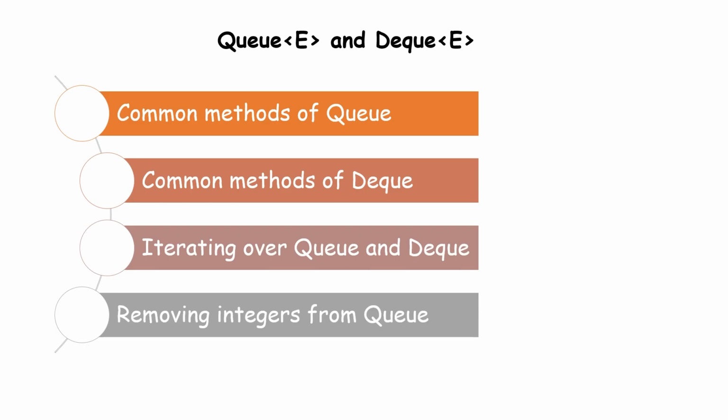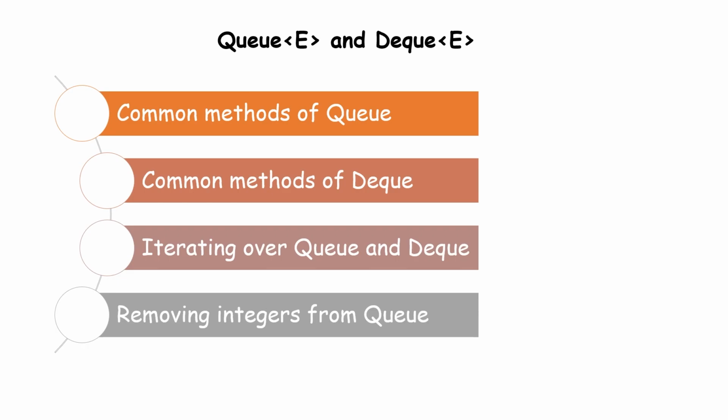Second difference is this queue is first in, first out, which means you always add from the end, that is the tail, and get the element out from the head, that is from the front. Deque is where you can add and delete from the end, and you can add and delete from the starting also. So we will just quickly see a few of the methods of Queue and Deque,